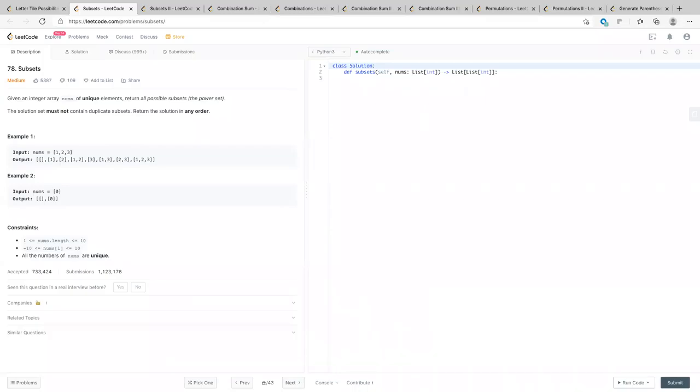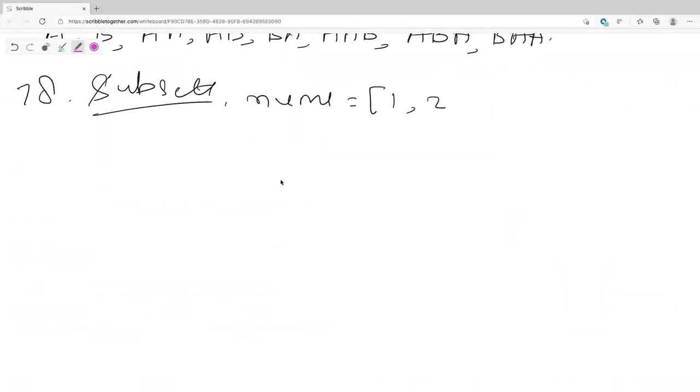So first we'll start with the 78 subsets problem. What it says is you have nums 1, 2, 3. Let me know if I forget to share, sometimes I write on the screen but forget to share, so just remind me. And what are the subsets here?